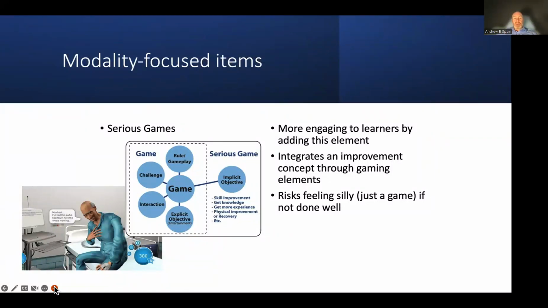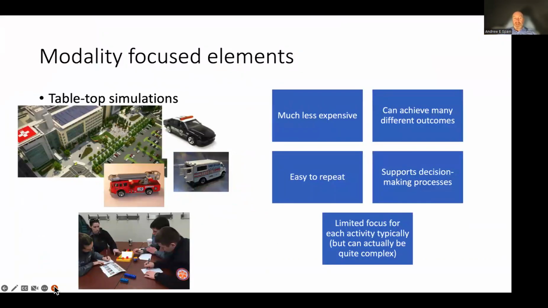processes, making sure they're not missing things, even with IV starts, maintaining a clean/sterile environment. I know it's very difficult, of course, to maintain sterile in the EMS setting, but of course, aseptic environments are certainly achievable in many respects for us. And a lot of those sorts of concepts can be grounded, repeated, and improved on through serious gaming methodologies. And so that's something that you're going to see a lot more of over time, oftentimes attached to technologies, but there's no reason that you can't actually do it for other types of technologies that have nothing to do with technology in itself. I want to make sure we also understand that there's some very low-level type simulations that are